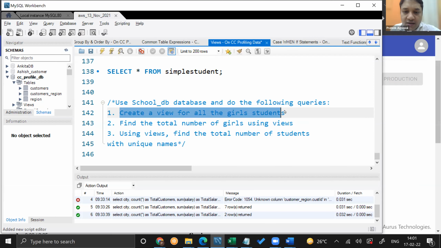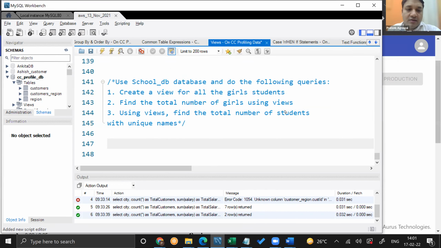Were you able to do these questions? Create a view for all the girl students. Find the number of girls using views. Yes, Pratik. So create view girls as